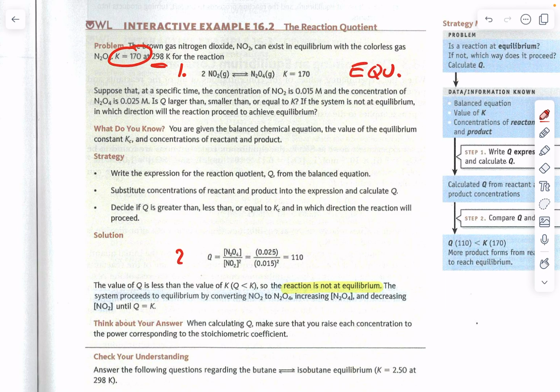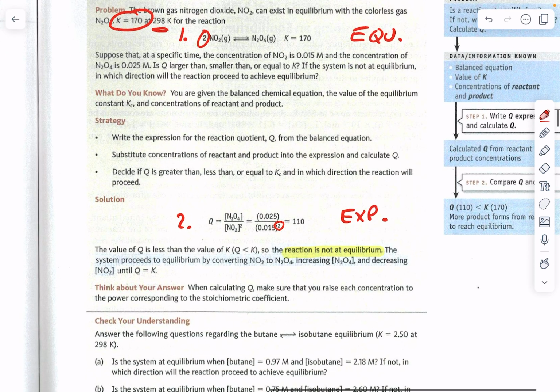Step number 2, then I like to write the expression based upon the fact that products go in the numerator, reactants go in the denominator, and my coefficient of 2 becomes an exponent. Then part number 3 is where I plug my numbers that I have, my measurements, into the equation. And then part number 4 is where I complete the math with my calculator likely and draw the correct conclusion